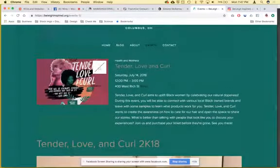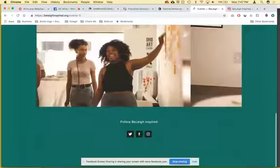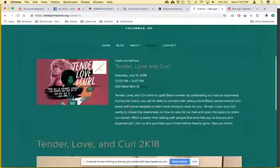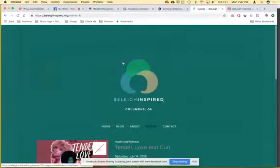So you have an old event up. I would maybe push that down. If that's the only event that you've had, why don't you give a recap of the event, more pictures, more behind the scenes shots, and then maybe towards the top of here, you can have a call to action